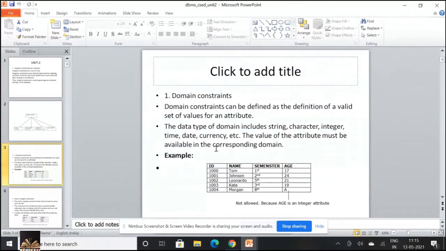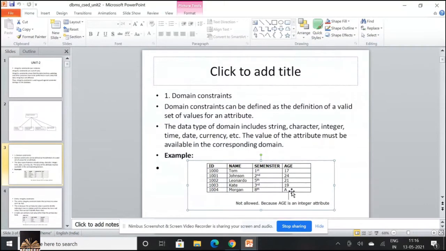The data type of domain includes, all of you know that, string, character, integer, time, etc. Whenever you say that the domain of a particular attribute is an integer, you have to only enter an integer value into that attribute. An example is given over here: age is taken as an integer value and I cannot enter a character value into the age field. That is taken care of by the domain integrity constraint.